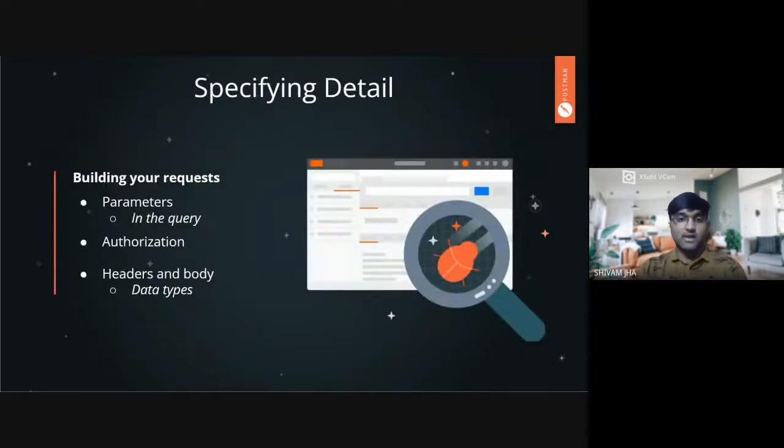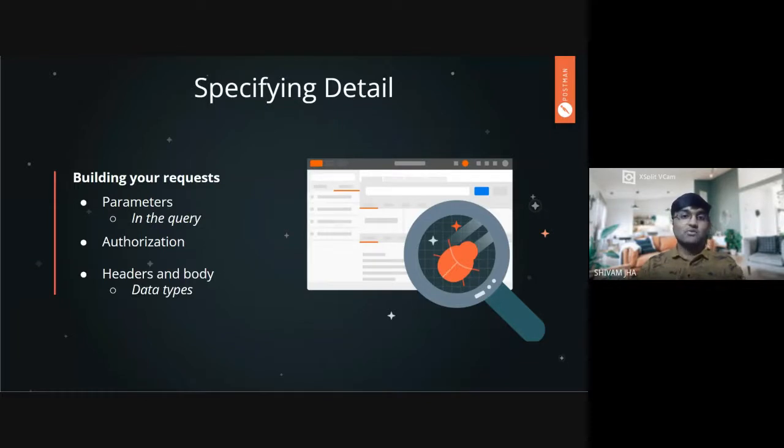Now, there are certain APIs which require you to specify some details. Let's say that you use the Google search API. What would you do there? You go to the search bar and you type something which you need to search about, any specific topic. Let's say if I search songs, it will first go through all the songs and render me the most trending outputs. But if I say songs from the 80s, it will filter again through all those songs and return me the songs that were sung in the 80s.